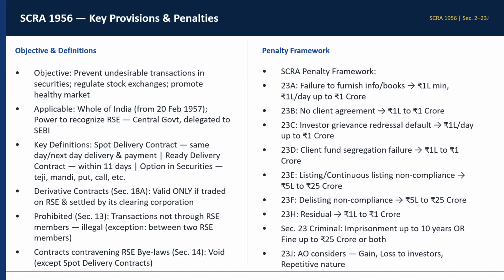और 23J में क्या है, इफ एओ कंसिडर्स गेन और लॉस टू इन्वेस्टर्स। ठीक है, कि भाई यू हैव डन सम गेन एट द लॉस ऑफ द इन्वेस्टर्स, और इफ इट इज ऑफ रेपिटेटिव नेचर, तो 23J में पेनल्टी। ये भी हो गया।